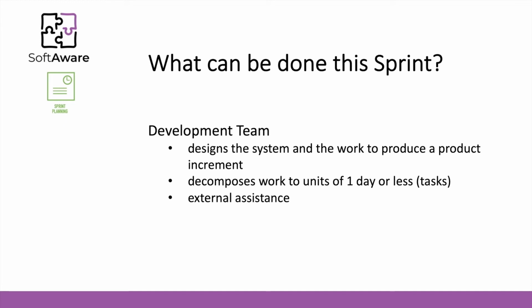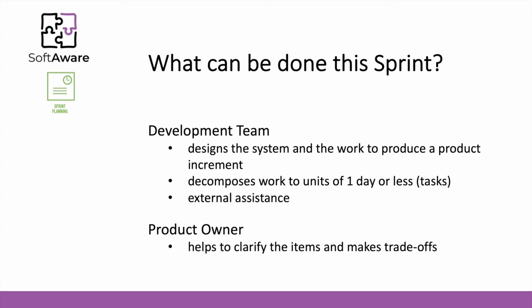And the idea is to obtain external assistance from the product owner to clarify exactly what the aim of each work item is. Regarding the product owner, they will help to clarify items and, whenever it makes sense, to make trade-offs, because the product owner will maximize the value to be delivered, and the development team has a capacity and a velocity that should be respected, so it will not commit to more work than they already know that they can achieve.